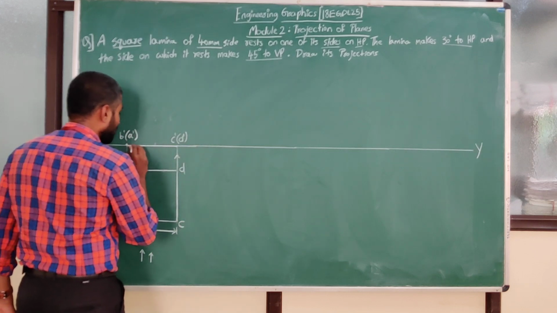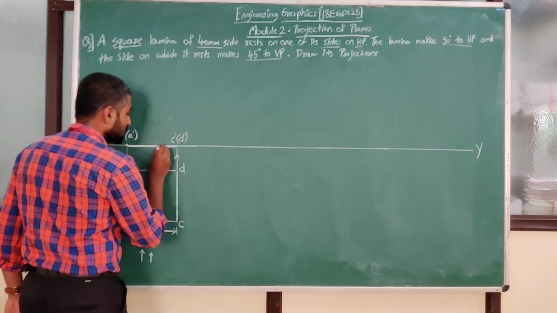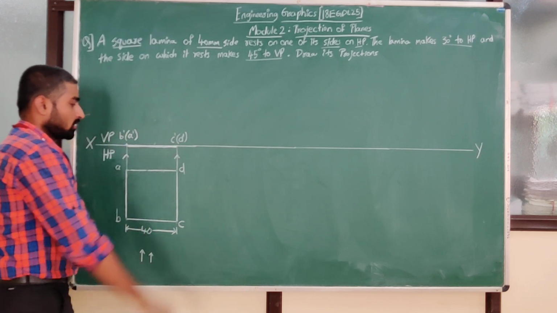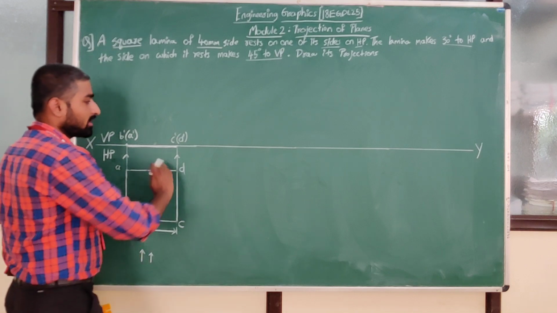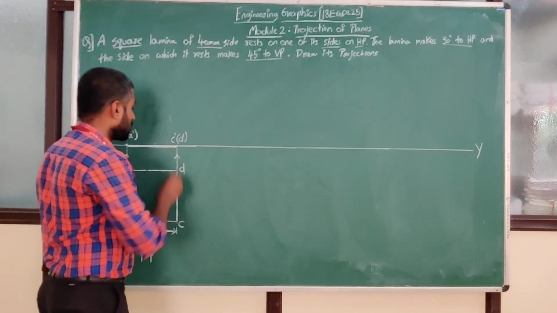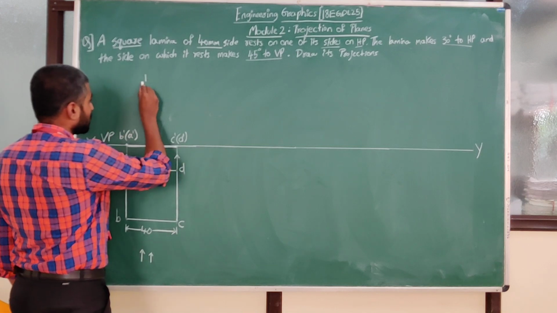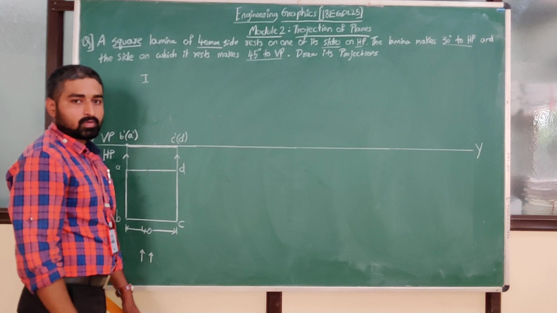Make it a little bit dark enough here. Remember, the edges which we are representing should be dark enough. The remaining XY line or the projection line should be very light. Now this was about the first step. We call it the first step. Now the first step is over.